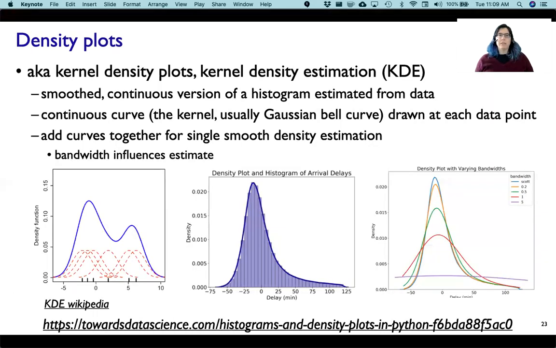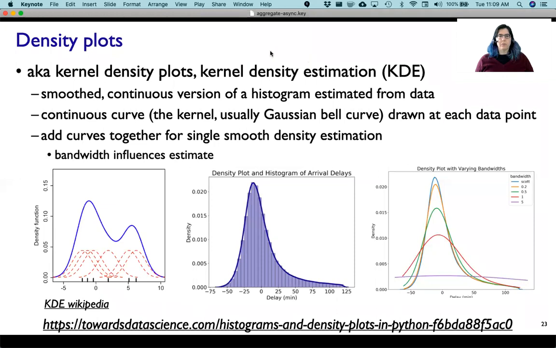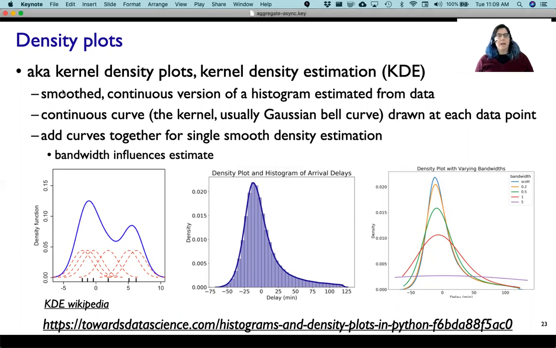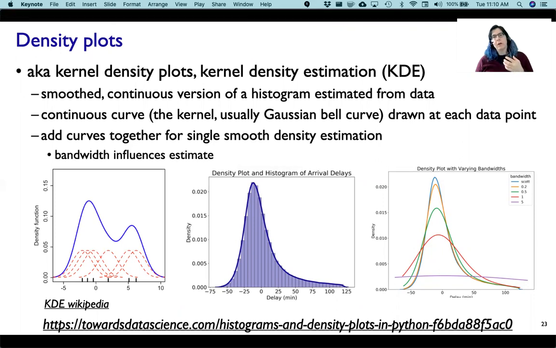And that actually brings us to the idea of density plots. So we certainly don't just have to think about them in the context of box plots. Density plots have a lot of different names. Sometimes they're called kernel density plots, or kernel density estimation, KDE is another acronym you'll see. And these are very close to what you would get from a histogram. You can think of them as a smoothed, continuous version of a histogram,